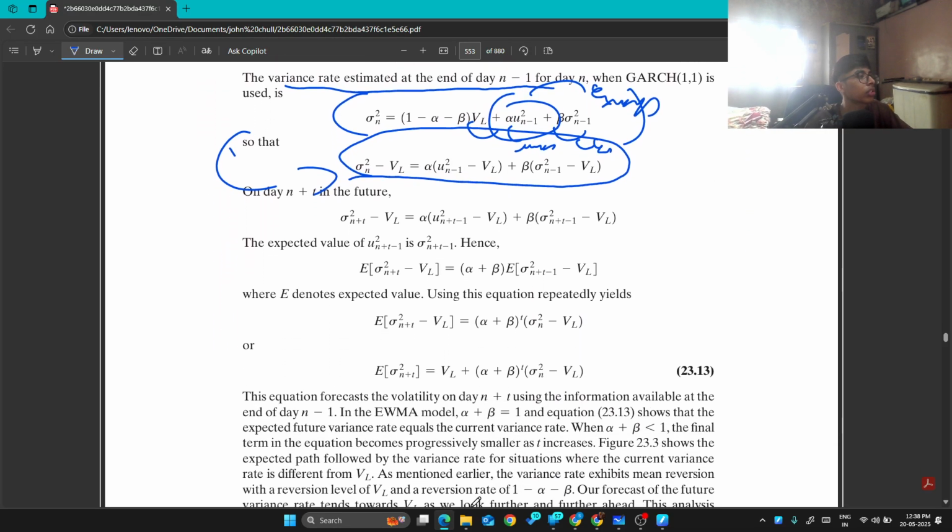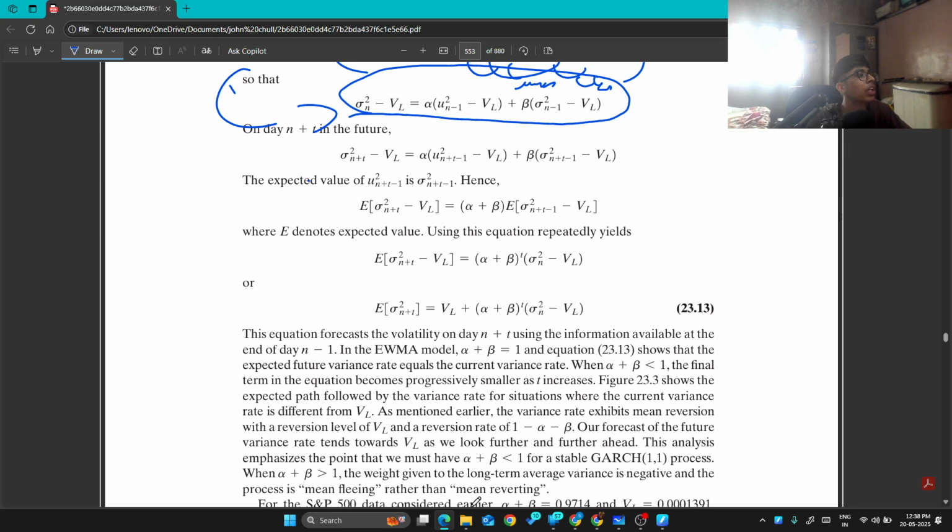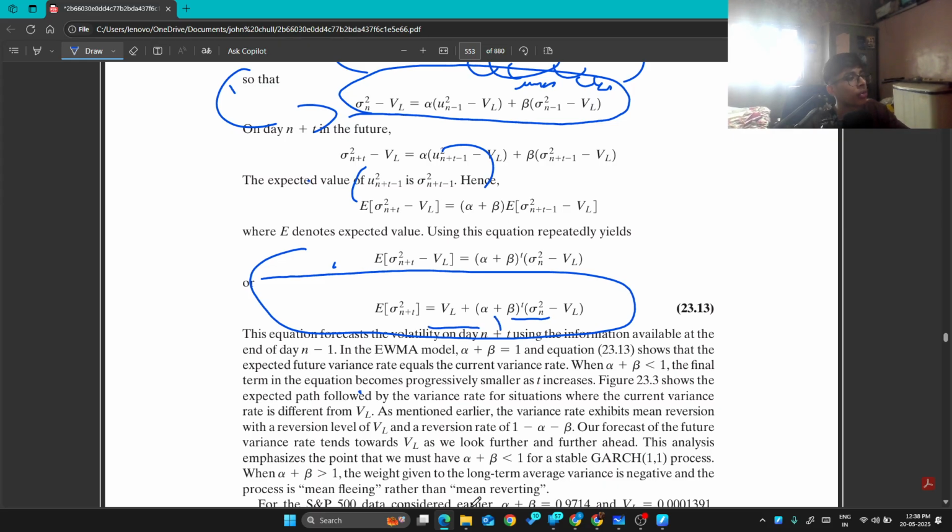and after rearranging the sum, the final value is this. That is our, what do you call it, GARCH model. So we have to find the expectation such that long-term mean plus alpha plus beta raised to t equals sigma square minus VL. And in this way we will set the equation for the variance available at n minus 1, at t plus 1, so that